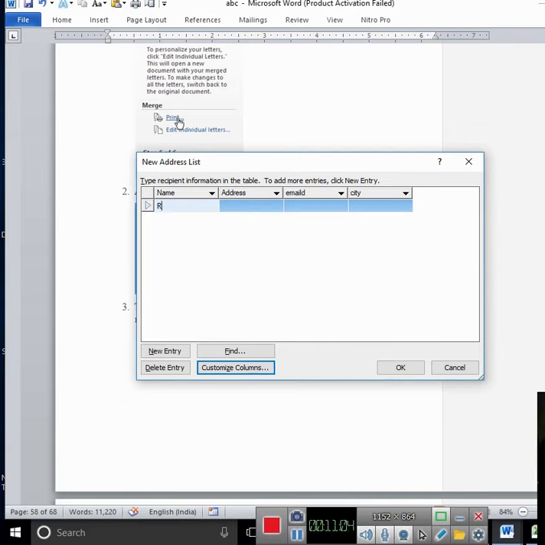Like Rajesh, address, Dhar Road, email ID, city Ujjain, new entry, Nitesh, Mahunaka, Indore.